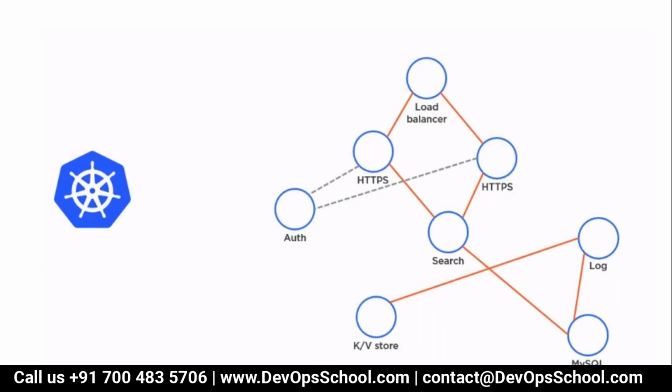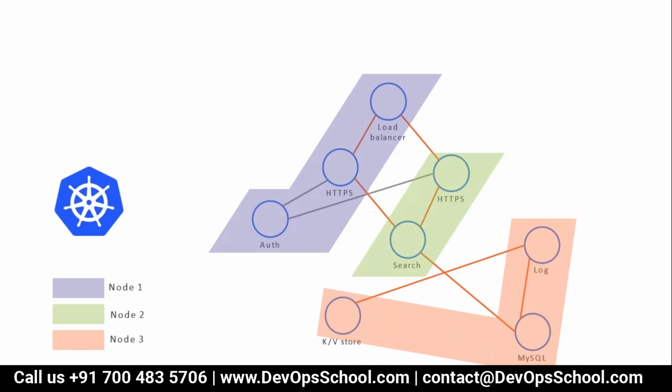One of the interesting points which you can see here is, look at this HTTP service specifically. One HTTP service is running in node 1, another one is running in node 2, but the behavior is still the same. You may be running in any node. See here, HTTP is one service. You may have 2 or 2000 containers or 20 containers, but the behavior will still remain the same, no matter which node it's running, because of Kubernetes.